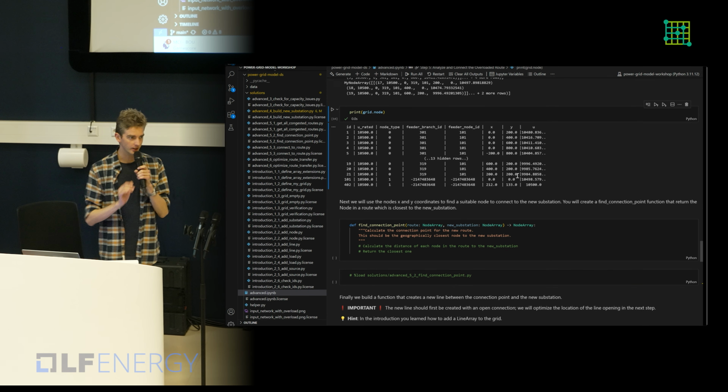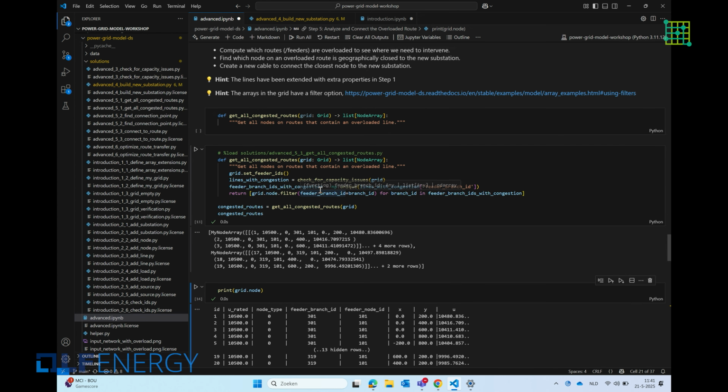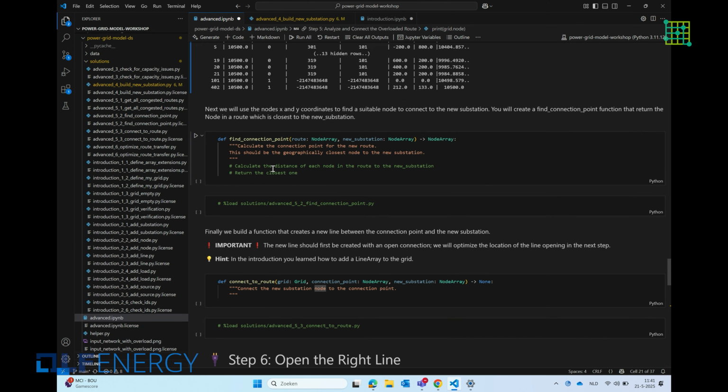So, like Vincent said, we can still uniquely identify each component on the route by the feeder and branch ID. And then I want to go back to the task at hand, because of all these routes, we want to see which routes are congested, and then one by one provide a relief strategy for them by connecting them to the new substation.